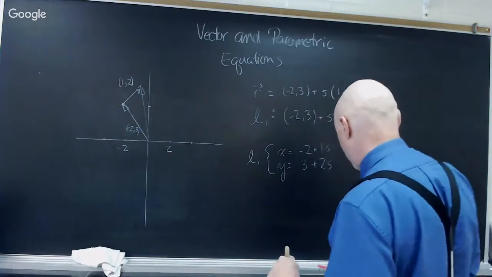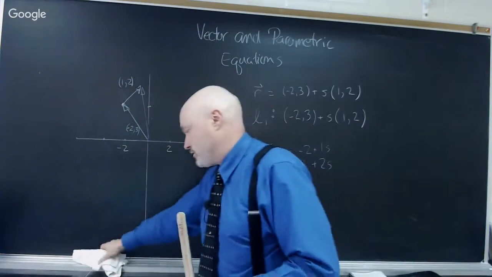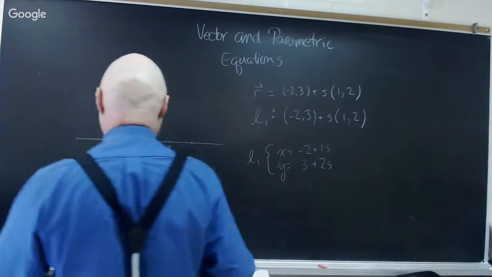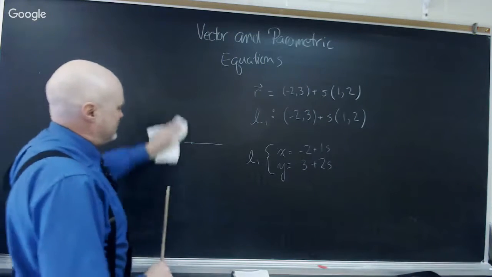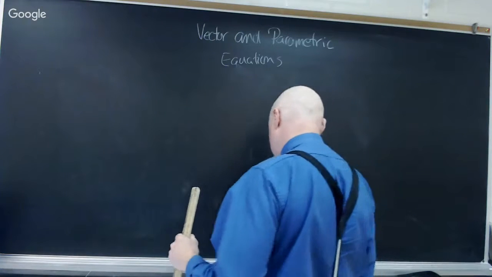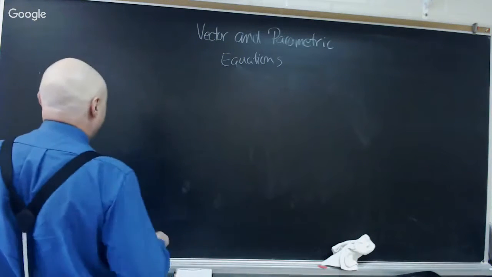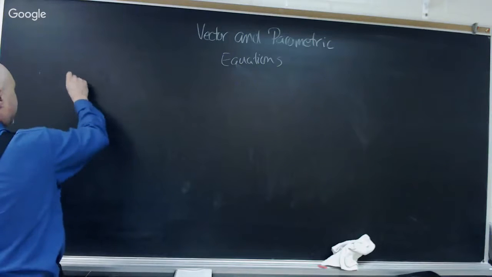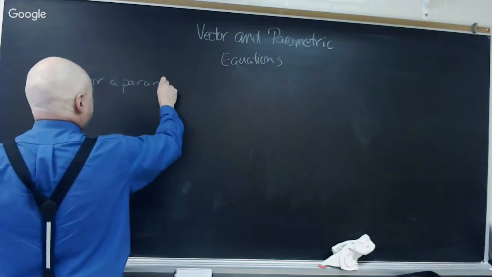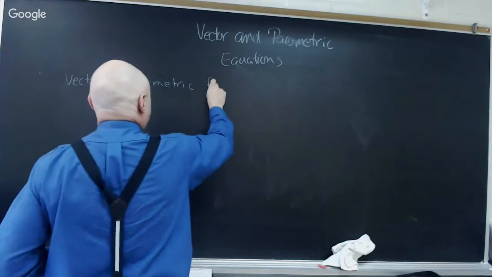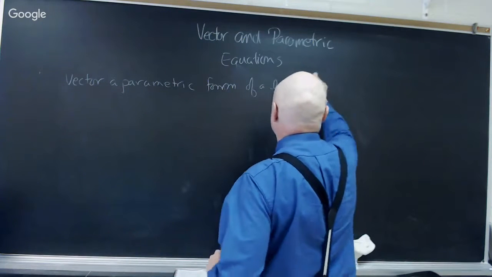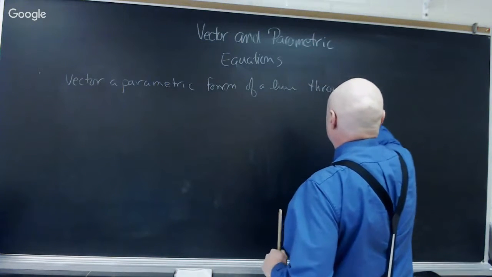Okay, I have a question for you. In fact, I kind of have 3 questions. So my first question: give the vector and parametric forms of a line through